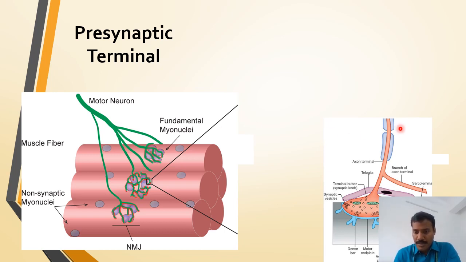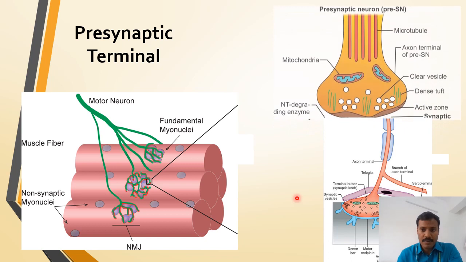In this diagram you can see this is the axon, and it divides into multiple branches, and each branch forms an axon terminal, and the axon terminal communicates with the muscle fiber. The axon terminal is the place where there is a collection of neurotransmitters present as vesicles. The neurotransmitters are stored in vesicles. You can see here these are all the neurotransmitter vesicles, and once the impulse comes, it is released into the